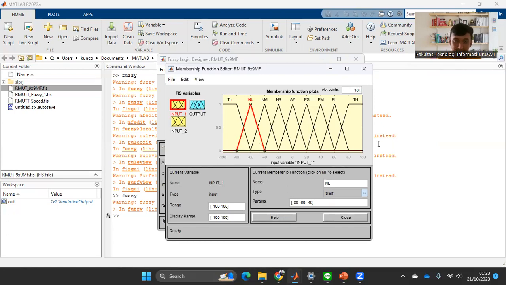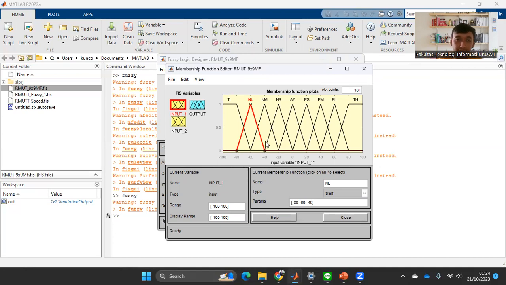It depends on you; you can set the range here. Like for NL, I start with -80 until -40.